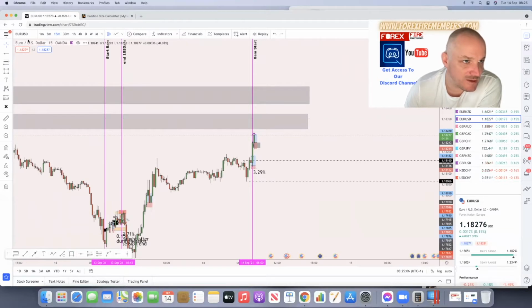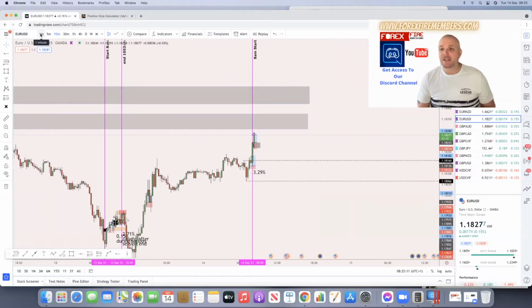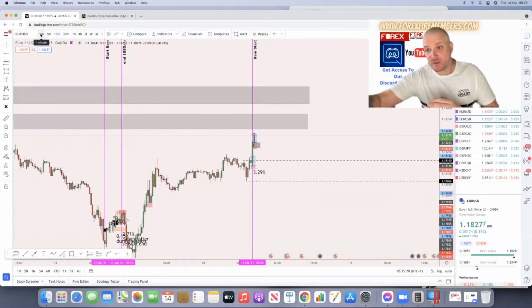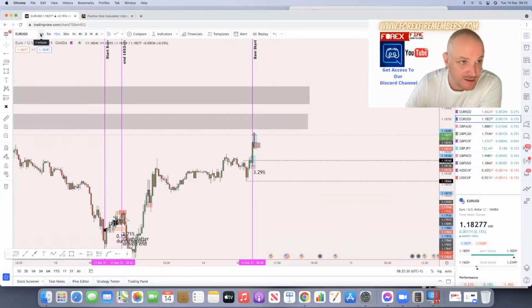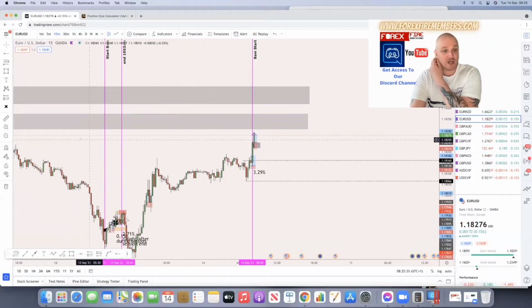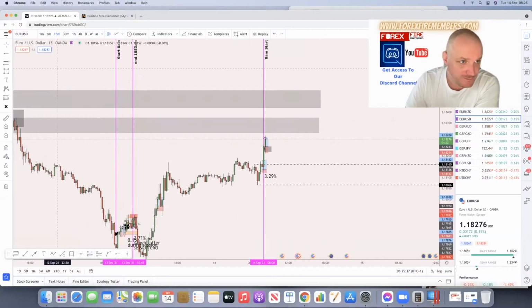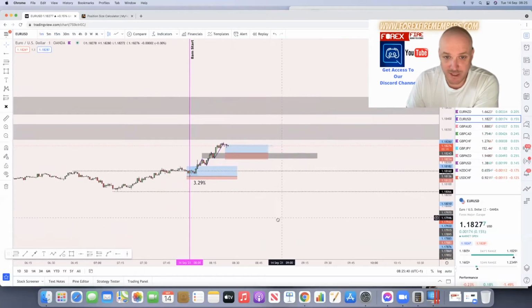So if that happens, we'll go back down to the 1 minute. Normally when I'm trading the 1 minute, I'll jump up 2 time frames to the 15 minute. I don't go as high as the 1 hour. If I was on the 5 minute, I'd jump 2 time frames to the 30 minutes. If I was on the 15 minutes, I would jump 2 time frames, 30 minute, 1 hour, if that makes sense. So only on the 1 minute would I jump up 2 time frames to the 15 minutes to see where price lies just behind where we are. Go back down to the minute, okay?